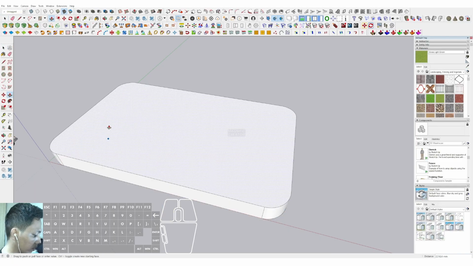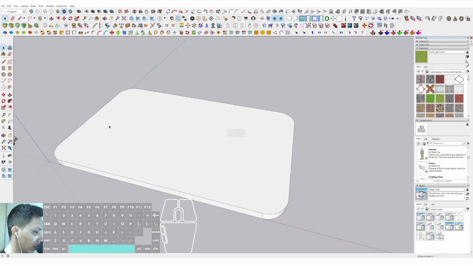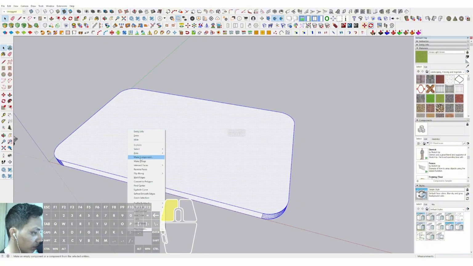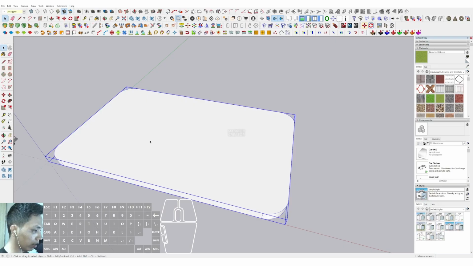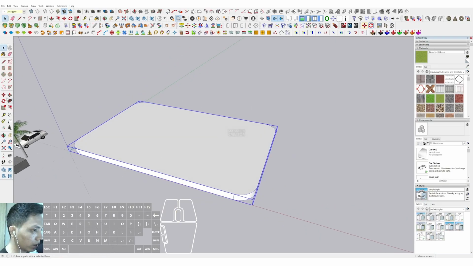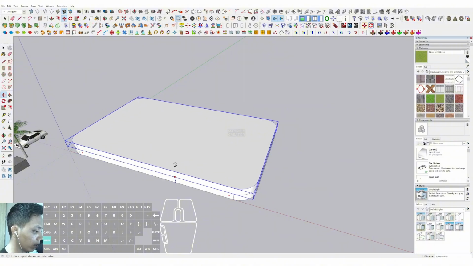We can push it up, type 1 meter in here. Then we can triple click, right click, and make component, and then we can just create. Okay, and after that we can select move, tap Control on our keyboard, click from this position to this position,